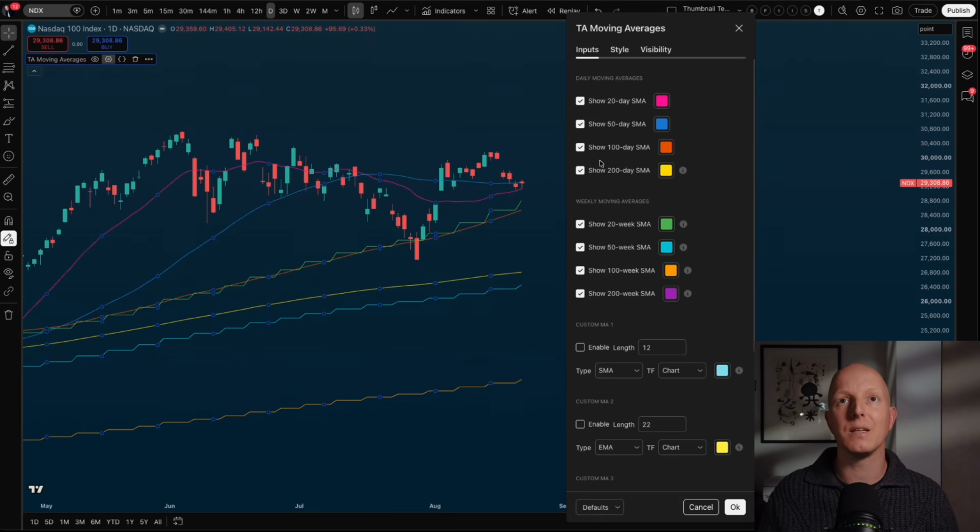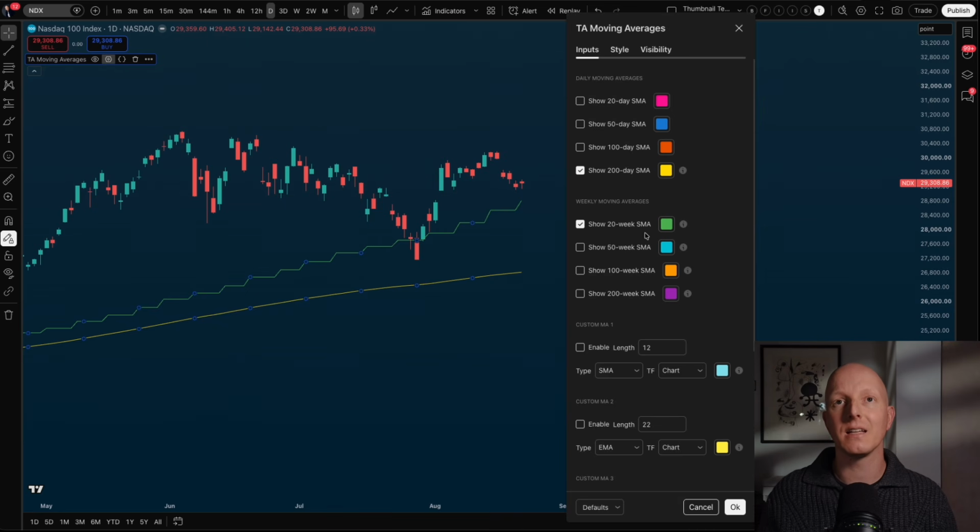Now for the majority of my trading, I am using the 200-day, and I'm using the 20-weekly moving average. The 20-week is where we often anticipate institutional support to step in, particularly on the indices, and the 200-day is a good dividing line when a market is trending between bullish and bearish market structure. And a lot of institutions also really pay attention to the 200-day moving average. So the 200-day, I would say on the indices, I don't use as much, but on individual assets, it is